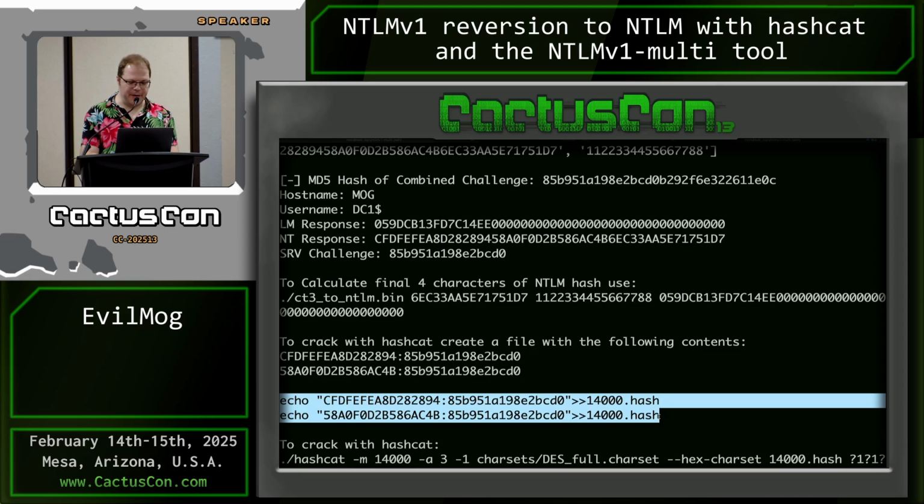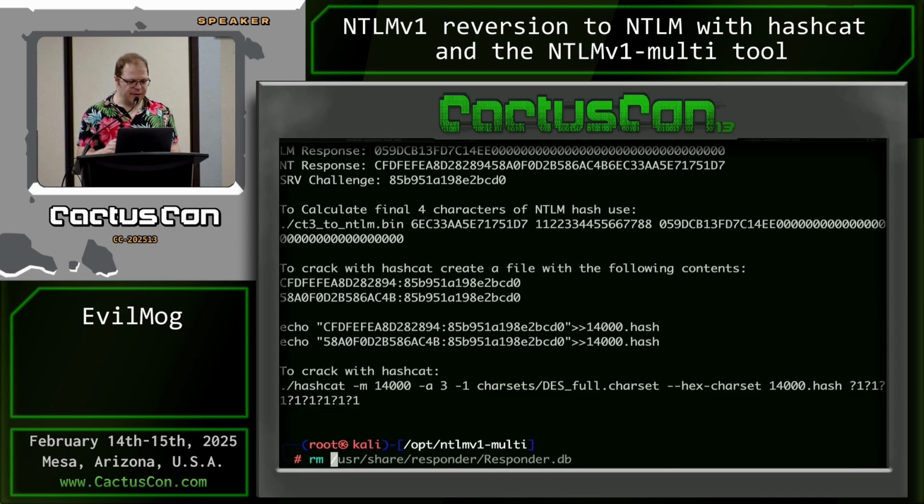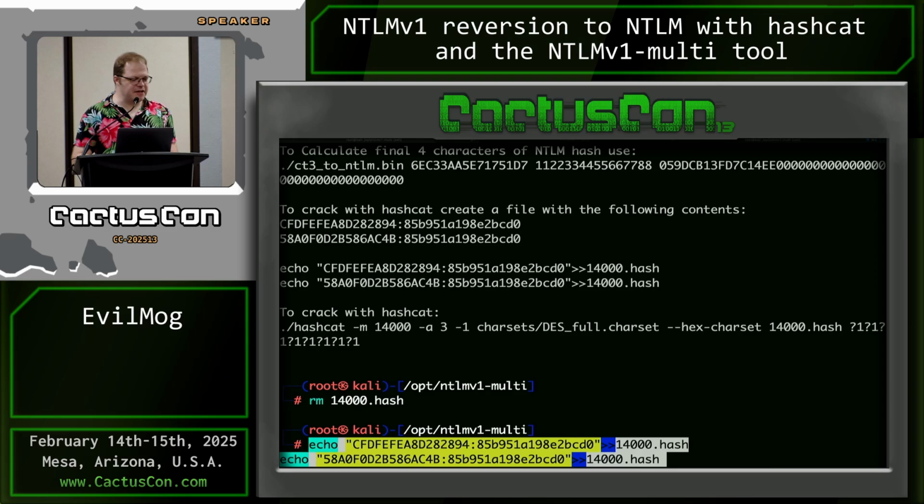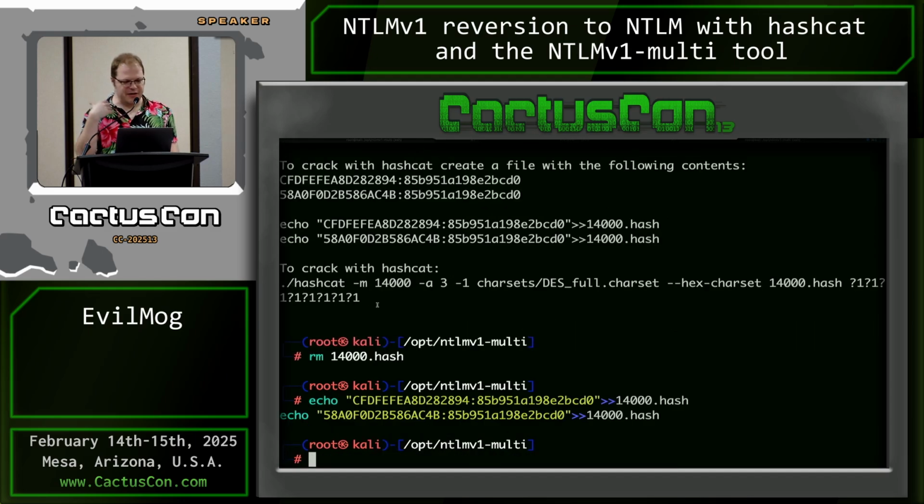Because we're all lazy here, I believe in copy and paste. So I create that, I type my commands. This says to crack with Hashcat. Well, in this case, it tells you the exact format to use, the DES character sets, but because I already have this cracked, because I have a time machine,